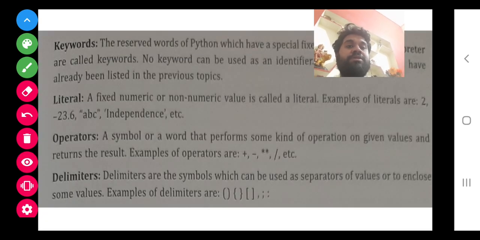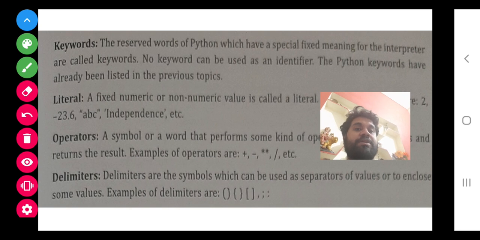Next are the keywords, like input, int, print, all whatever you have used till now. Float you have used, eval you have used, input we have used. Now def is also one more keyword you have added in your dictionary. So a keyword is whatever we can use within a program that has a special meaning.